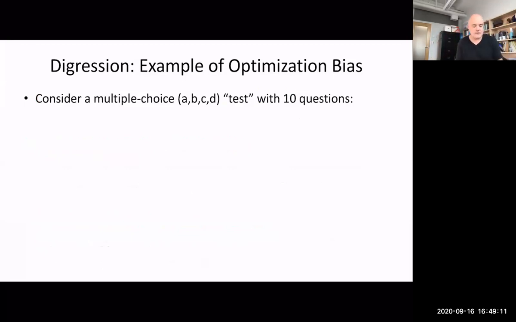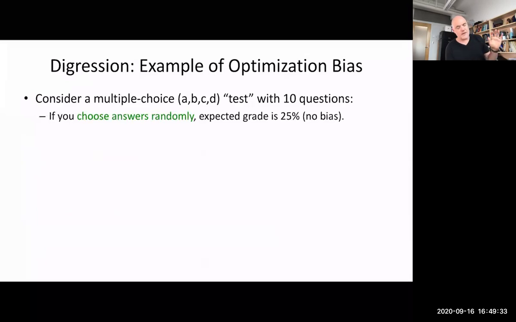So let's think about some sort of multiple choice test. This is going to be like our classification problem in some sense. It's got 10 questions. You can choose A, B, C, or D. So if you propose a model that chooses answers randomly,